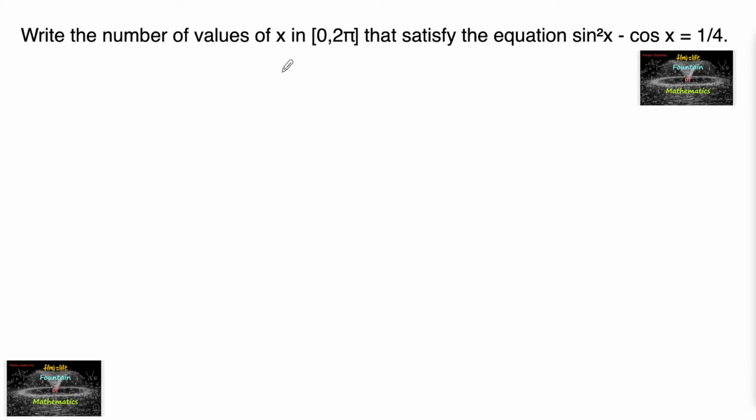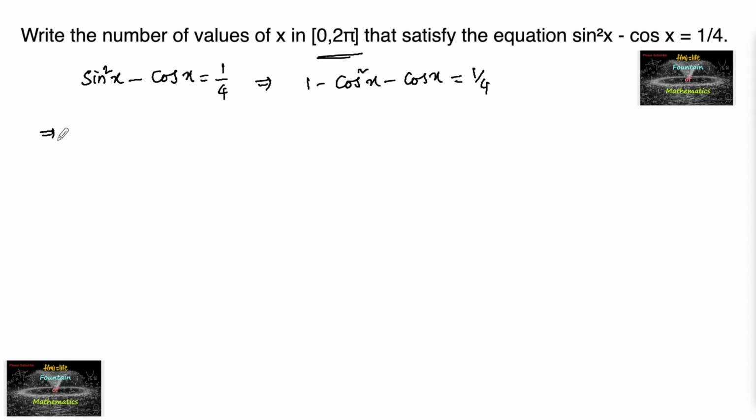Write the number of values of x in 0 to 2 pi that satisfy the equation sin square x minus cos x is equal to 1 upon 4. Sin square x we can also write as 1 minus cos square x, minus cos x is equal to 1 upon 4, or we can write this as cos square x plus cos x